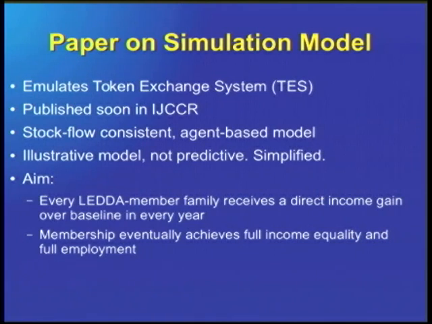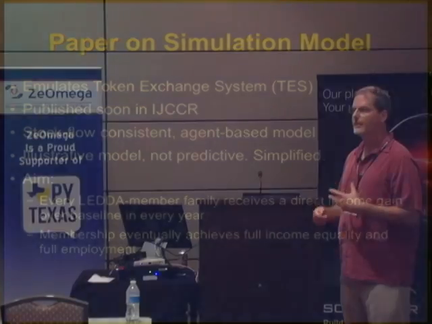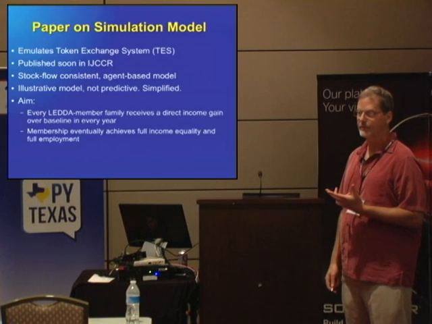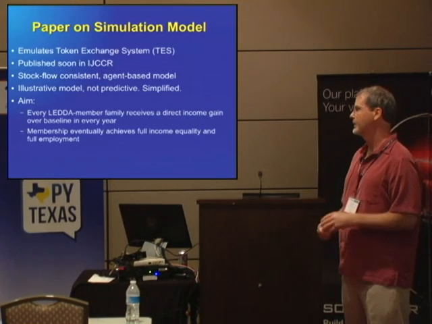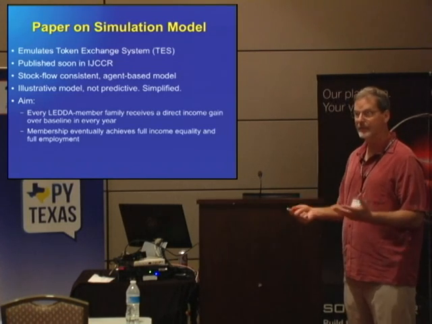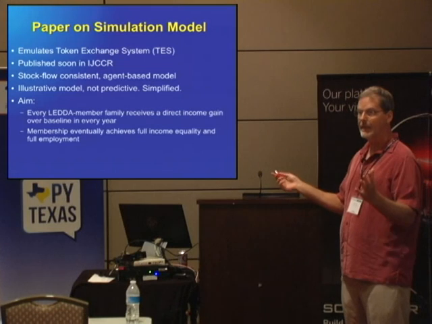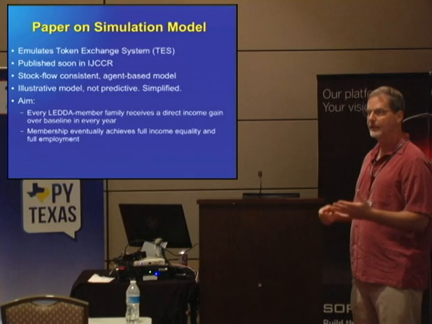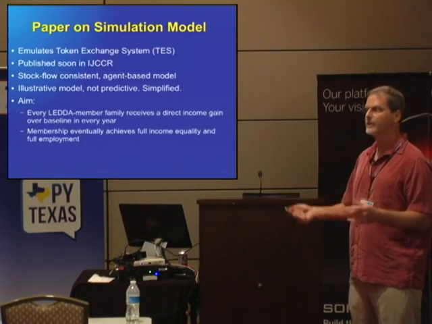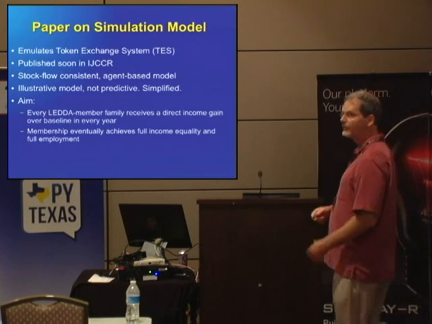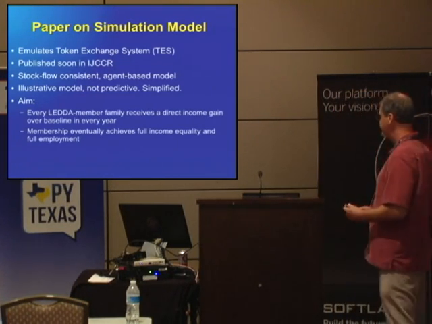And the reason that income equality is so important in this particular system is because it implements economic direct democracy, and it uses money as a voting tool. So if, for example, someone had a very, very high income in this system, they would have lots of power over the economic decisions for this community. So in order to make this democratic, make this fair, so that essentially every person gets an equal size vote, the system really has to eventually achieve some large degree of income equality.